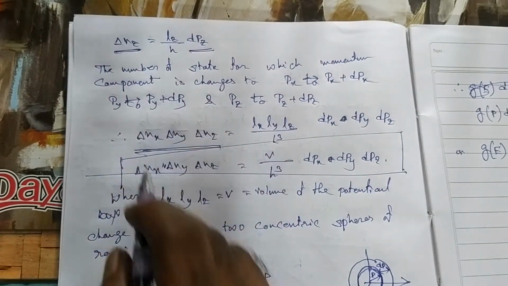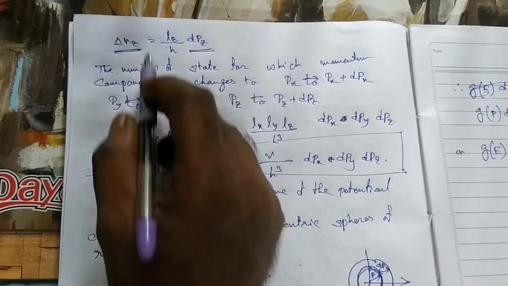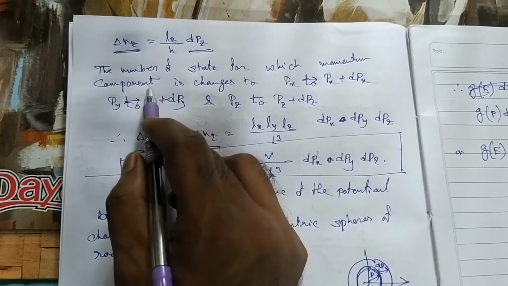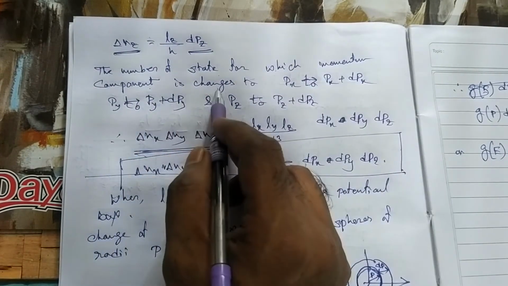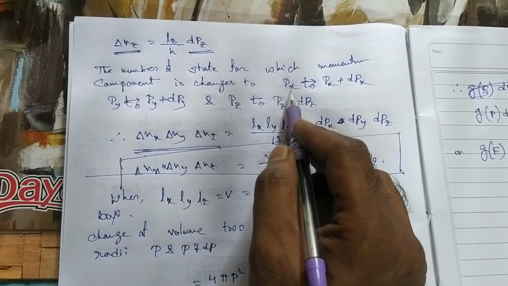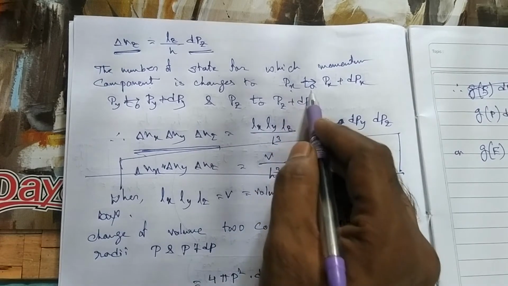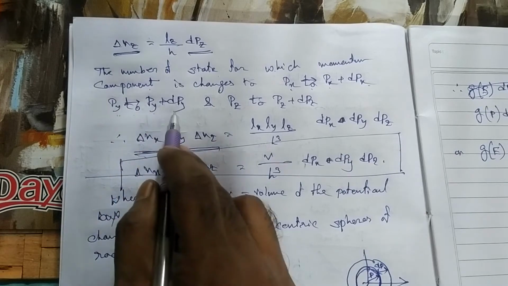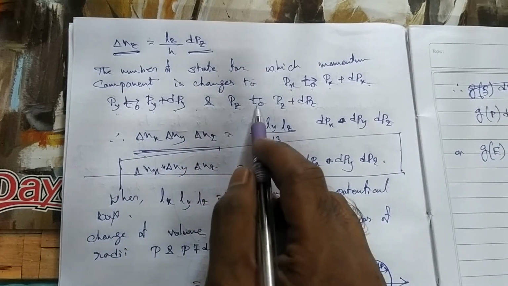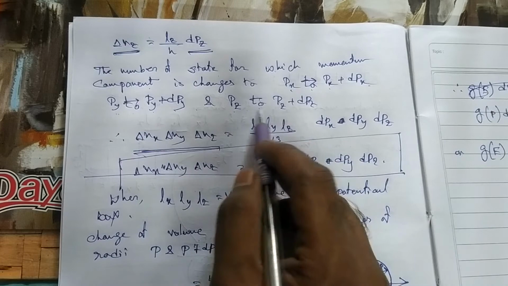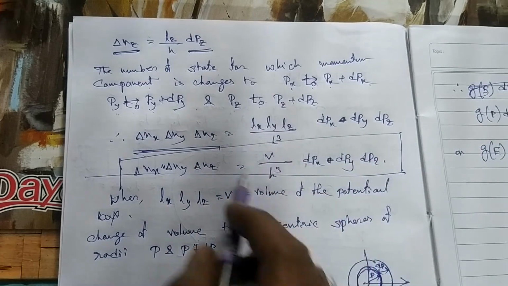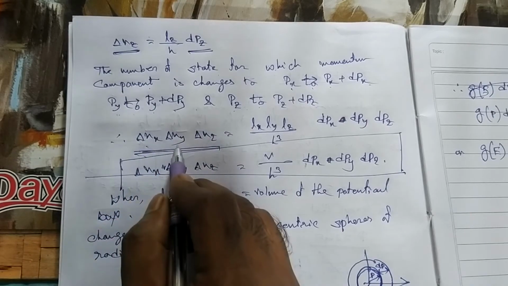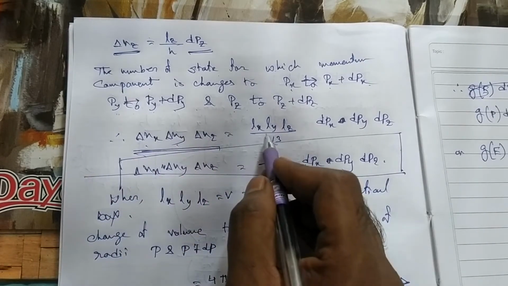Now the number of states when the momentum components change from px to px plus dpx, py to py plus dpy, and pz to pz plus dpz,